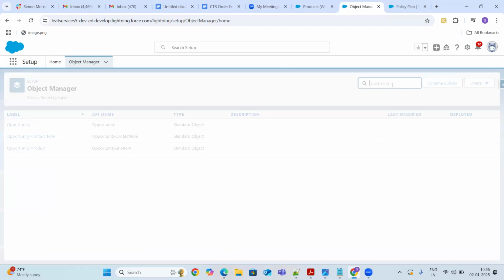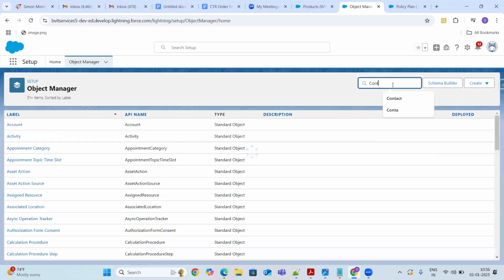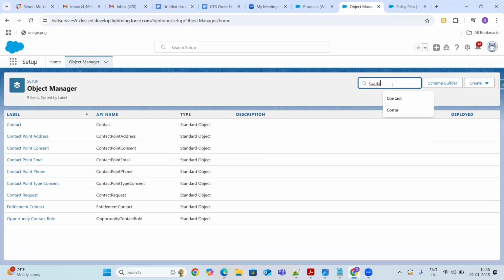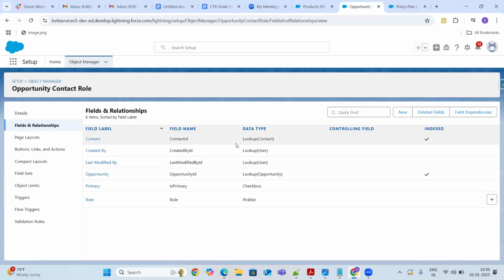If you go to the opportunity contact roles, it's the same. As I told you guys, in the standard objects, it just displays like a lookup, but it behaves like a master detail.